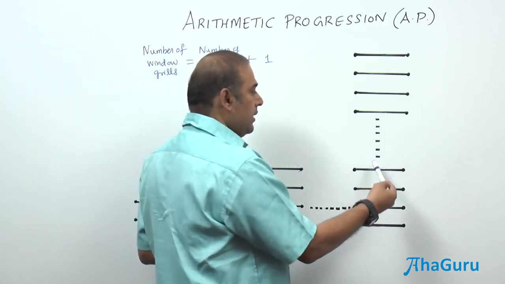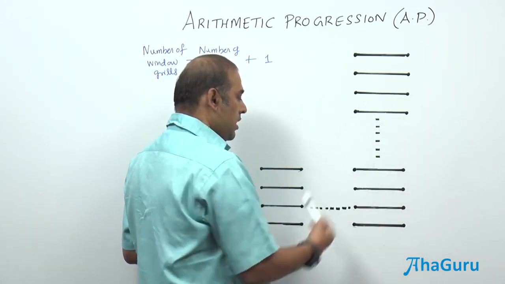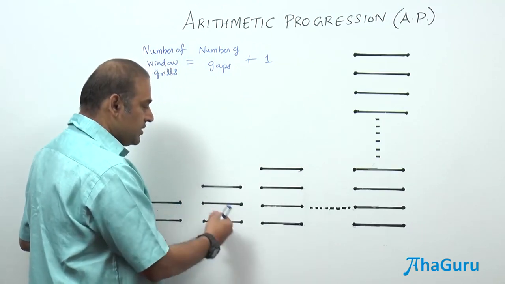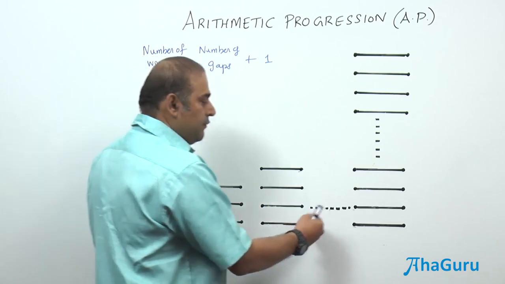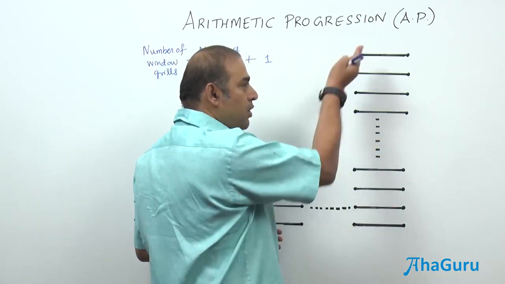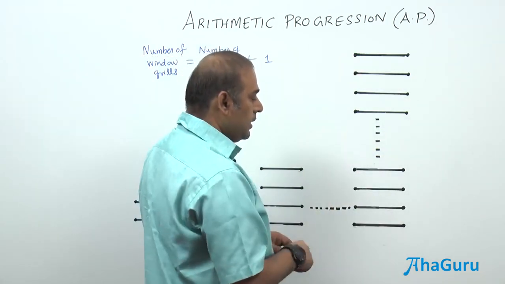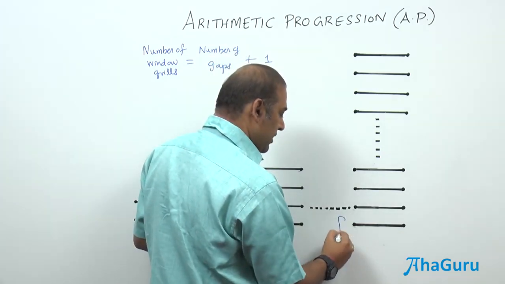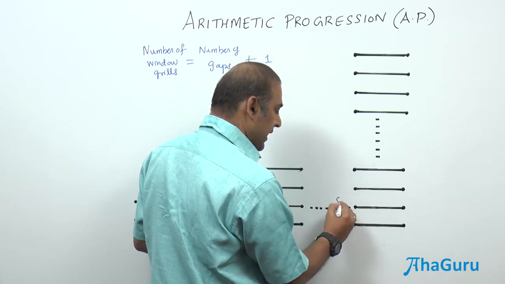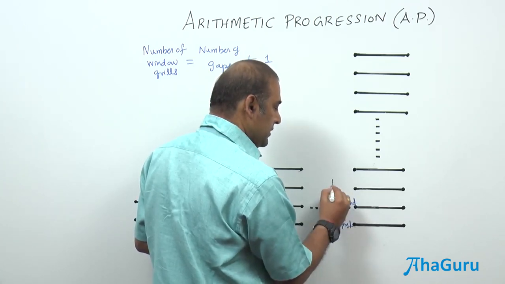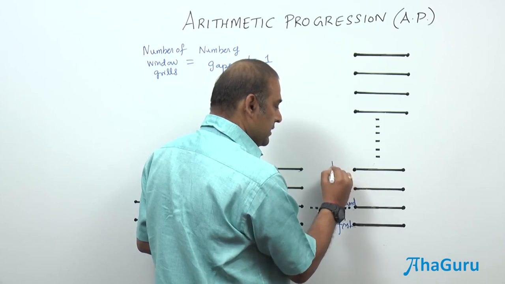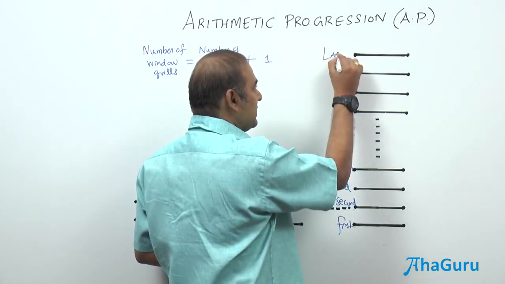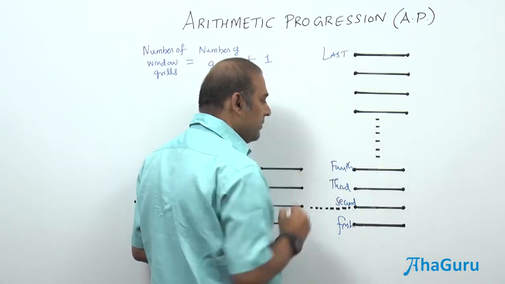Now you see that there are more grills, and so on. This is the first frame, second frame and third frame with 2 grills, 3 grills and 4 grills. But if you keep on proceeding like that, you can have more grills and more gaps. So let this be the first grill. This is the first one, right? This is the second, and this is the third, and this is the fourth, and so on. And let this be the last grill. This is the last but one, right?